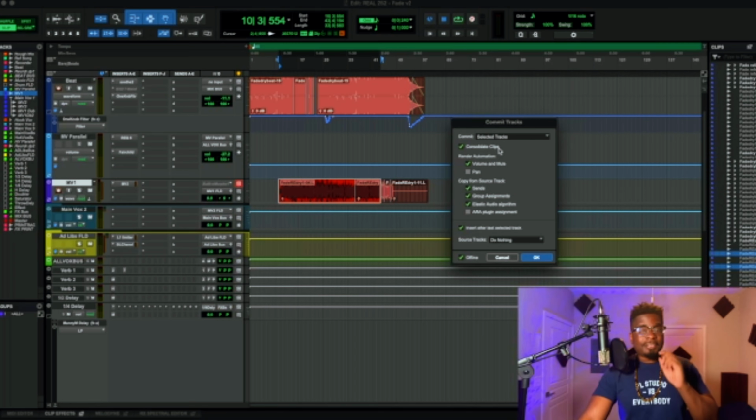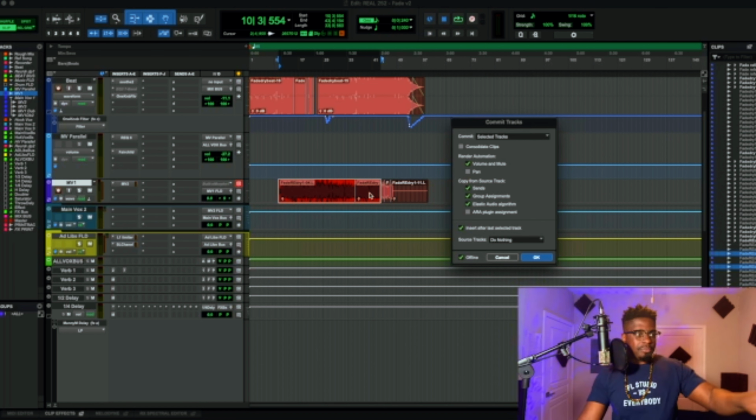All right, and you can also see here on the commit tracks menu that we have consolidate clips. So if we uncheck consolidate clips, that means that if we go ahead and commit, let's just say I was going to commit this selection right here, what's going to happen is, since I have these edits and spaces and crossfades on this particular vocal, go ahead and commit tracks and actually print the effects. Right now I have an MV2 on there. What's going to happen is, instead of everything kind of getting glued together into one single audio file, I'm still going to continue to have the option and the